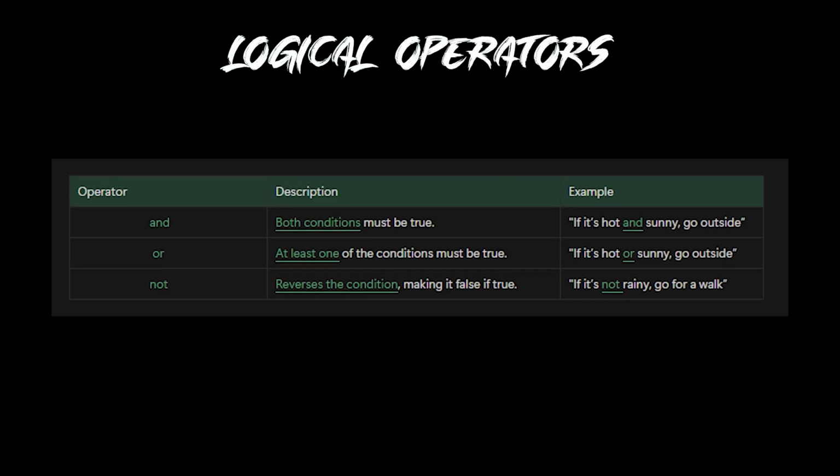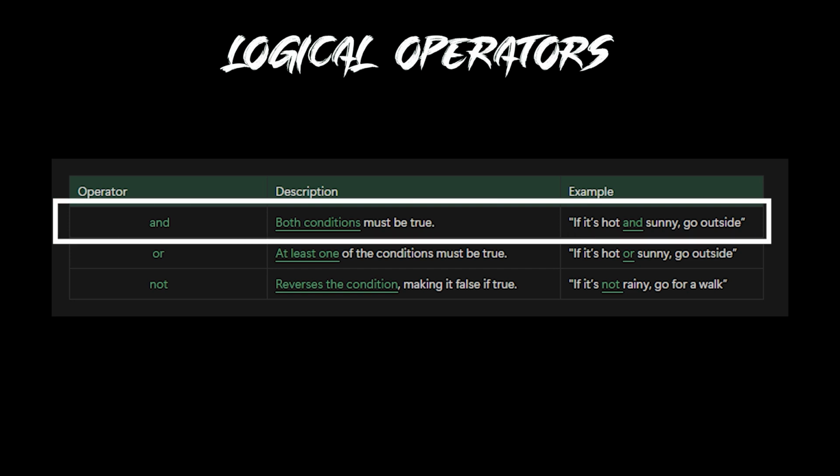Now, let's explore how these logical operators work and how you can use them in your code. The AND operator is used when you want both conditions to be true for the code to execute. Imagine you're building a weather app and you want to check if it's hot and sunny. You would only want to go outside if both of those conditions are true. For example, if the temperature is 30 degrees Celsius and the weather is sunny, both conditions are true, so the action will happen. If either one of them is false, for example, it's hot but not sunny, the action won't